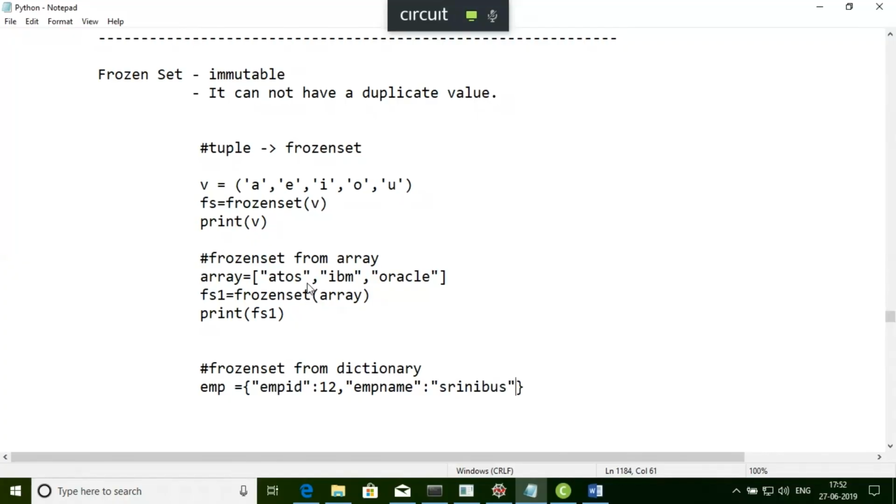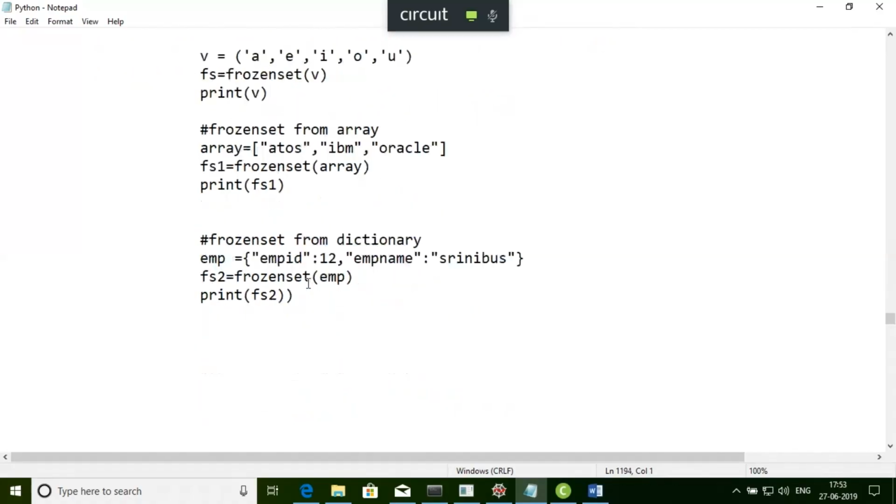So that is a key value pair. Now I want to create a frozenset from a dictionary, right? So same like this, FS2 equal to frozenset, and you can provide the dictionary. Like this way we can create different objects that are available, right? Okay, now